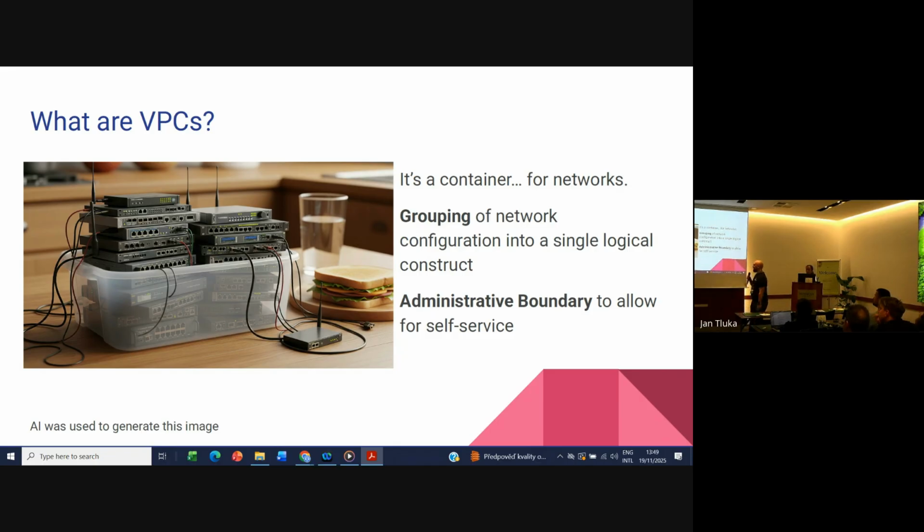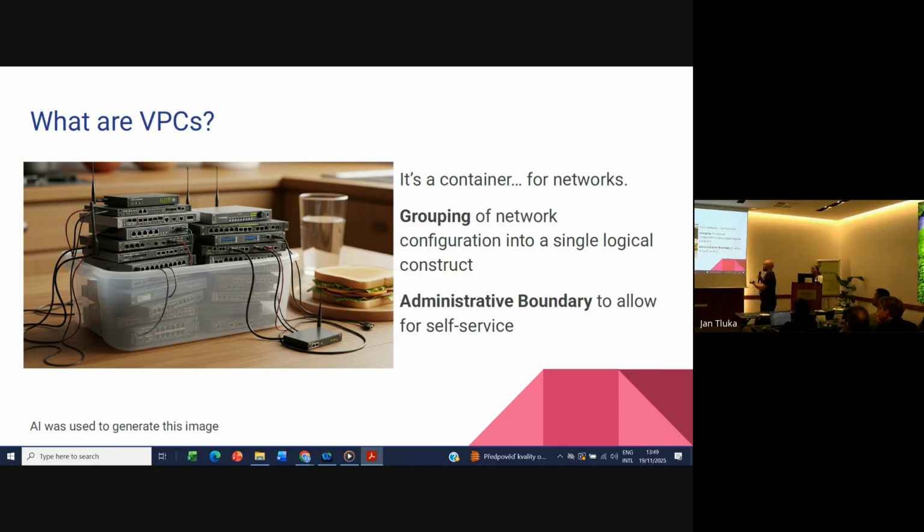and what customers are asking us to try and provide to them. I asked AI to generate an image. It's done a fairly good job of putting networking in the containers. I have no idea why we have a sandwich or why the bread on the sandwich is toasted. That just seems a little bit weird to me. And don't ask me what type of network connector that is either.